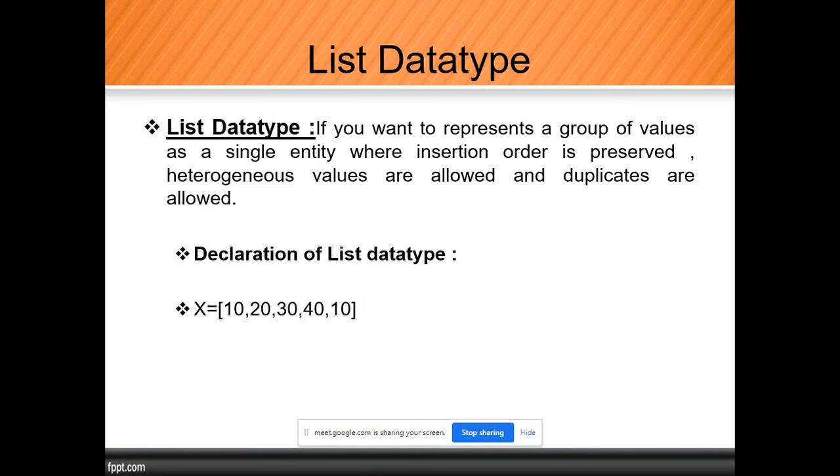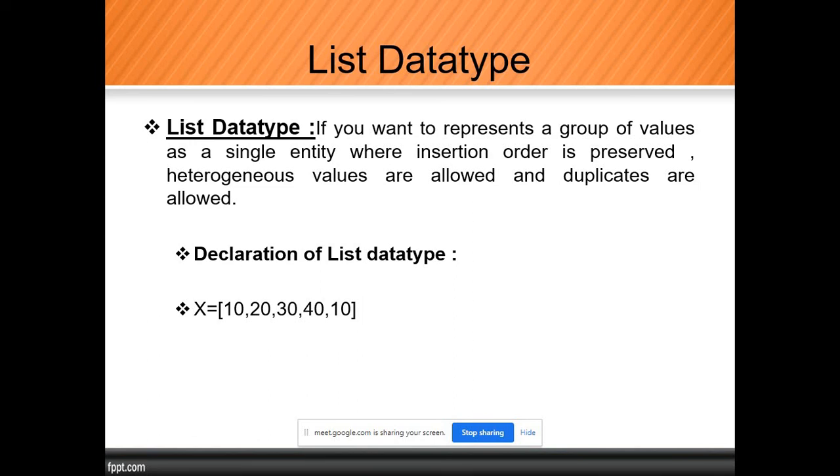Then how will we create the list? By using square bracket open and square bracket close. Make a note of that. Bytes have the bytes function, byte array has the bytearray function, list uses square brackets, and tuple uses round brackets. As we go further you will understand how each works. So right now, if you want to create a list, we need to use a square bracket open and square bracket close.